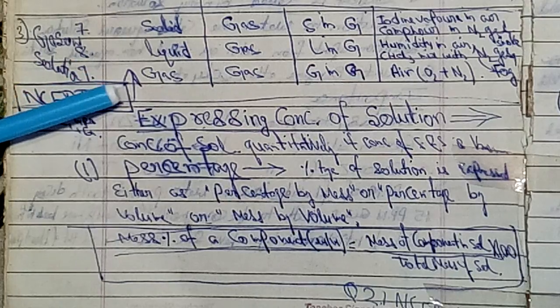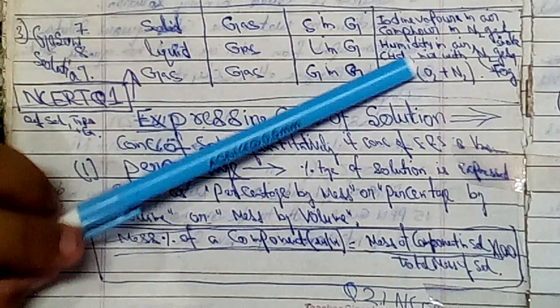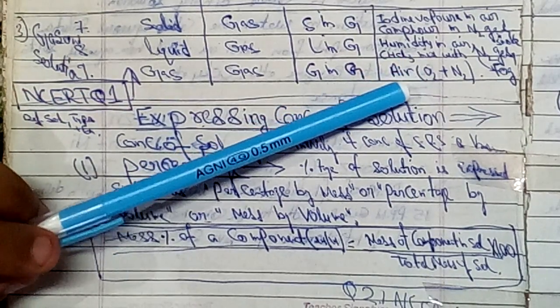Last one is gas in gas. So gas in gas: air is an example of a homogeneous mixture which consists